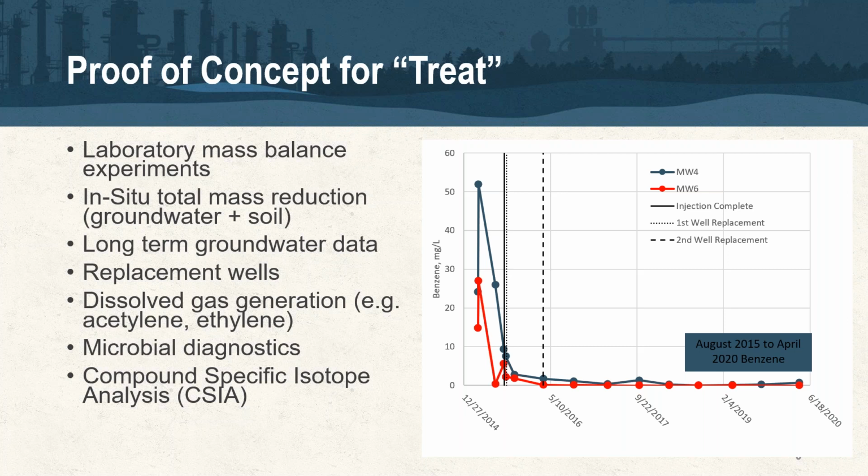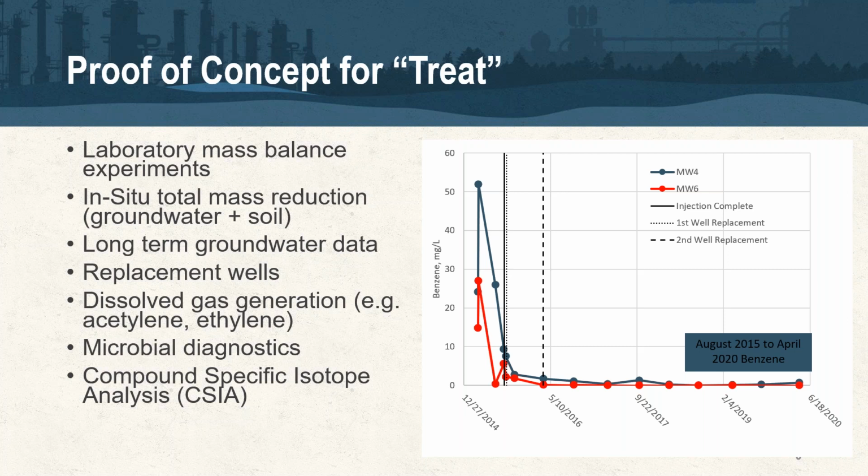So chlorinated solvents, to go back to chlorinateds, we have the advantage of having dissolved gases and daughter products that we can actually look for. Hydrocarbons are always a little more challenging. We'll talk about that next week. But on the chlorinated side, we can look at dissolved gases like acetylene, which I mentioned on the previous slide as being generated via the beta elimination pathway. Also look at ethylene. We can look at things like chloride to be able to track